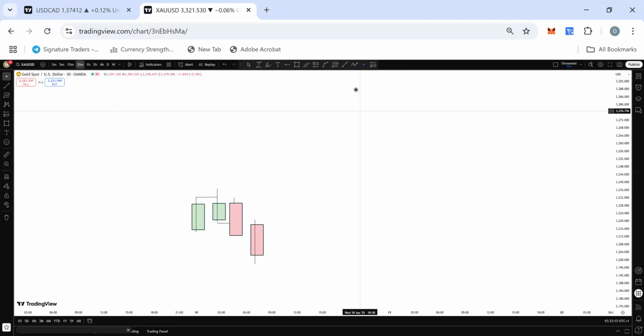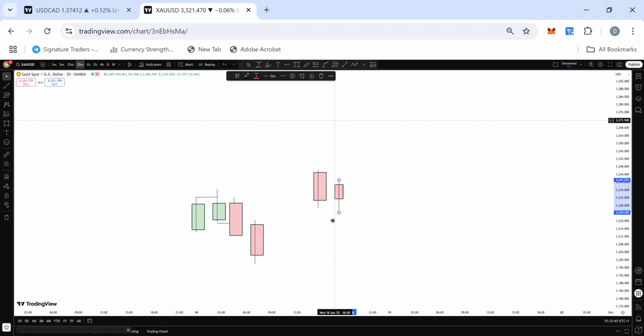Same thing here. If you are also selling, let's assume this is a Monday morning. On Monday, price was selling. Now on Tuesday, price closed with something like this, taking this area with a wick, closing with a wick. That simply means that the next day, we should expect a reversal like this. We should expect that the next day we have more of what? Bullish movement